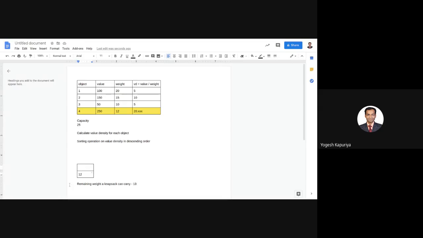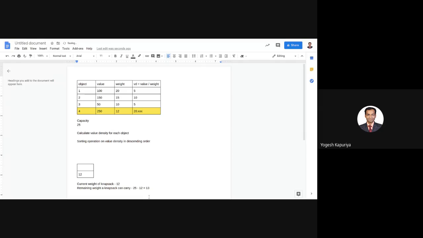I can write it another way also. What is the current weight of the knapsack? Initially the current weight was 0. Remaining weight was 25 minus 0, so that is 25. Now when I put this 12 inside the knapsack, this becomes 12. This becomes 25 minus 12, so it becomes 13.